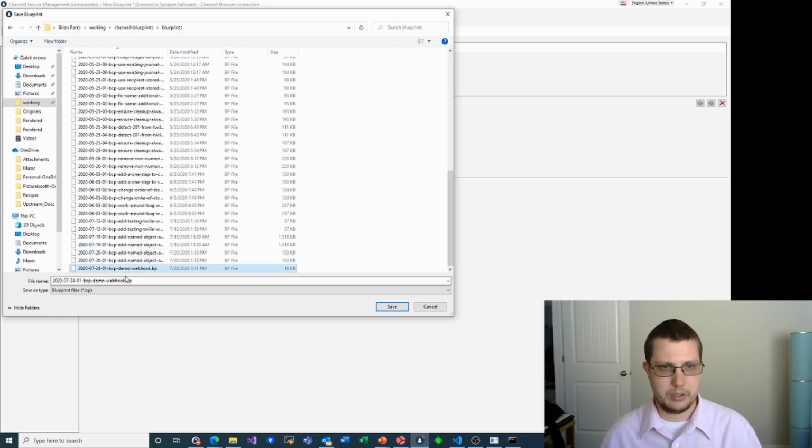You can see I've saved quite a few blueprints. I like to keep all my blueprints around. I know some people like to delete them because once you've applied them, they're really not much use anymore, especially after you've applied multiple blueprints on top of that. I like keeping them around as kind of an audit trail of what I've done to the system, so that